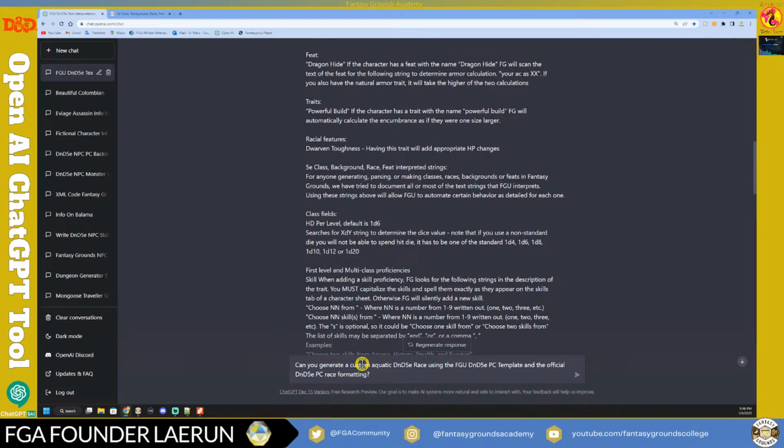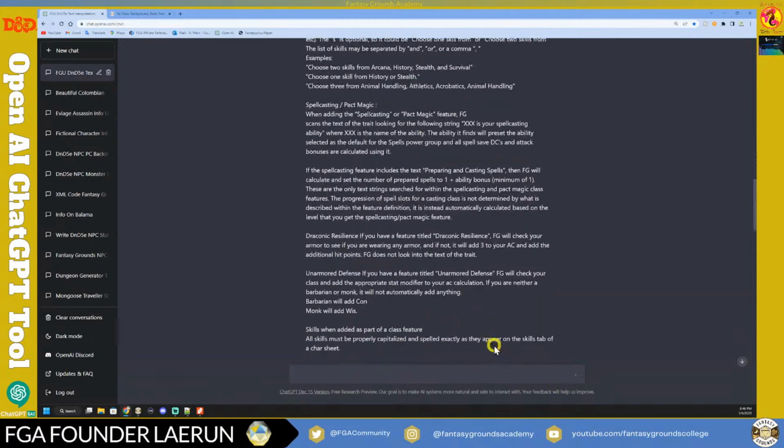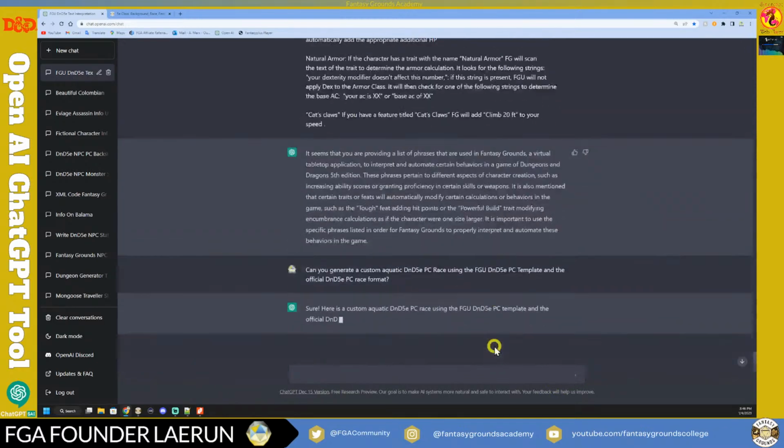So can you generate a custom aquatic D&D 5e PC race using the Fantasy Grounds Unity D&D 5e PC template above? I'll just say template. And the official D&D PC race format. So then I'll put a question mark up there. So we'll see if it understands what I'm asking it. So if I go ahead and hit this, and hit OK or whatever, and send that chat in there, it's